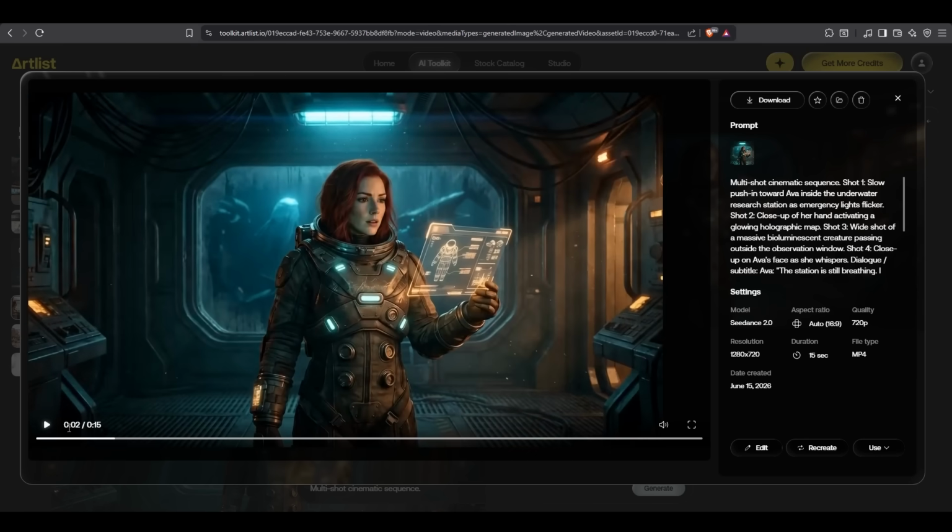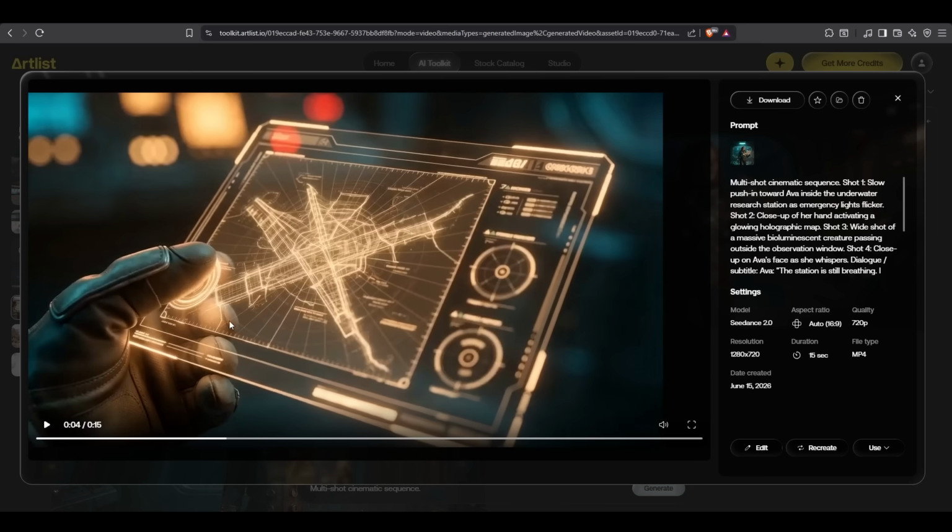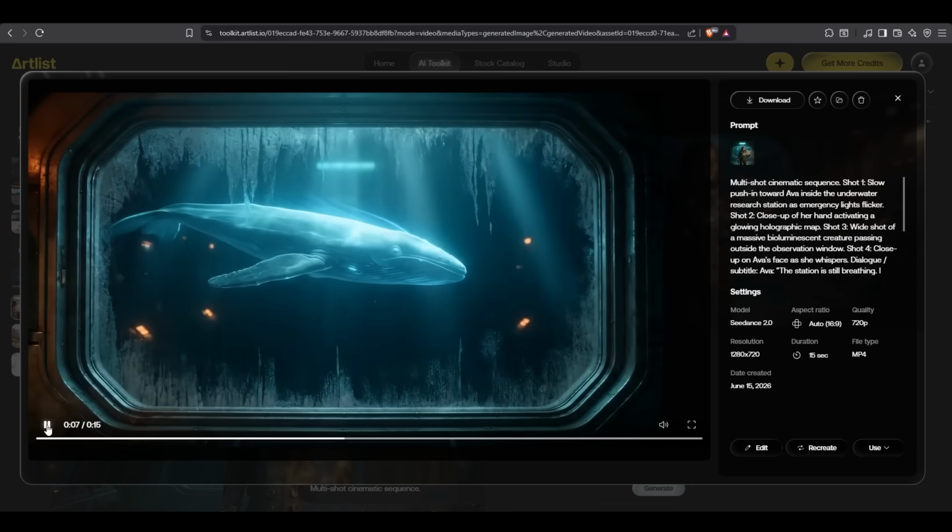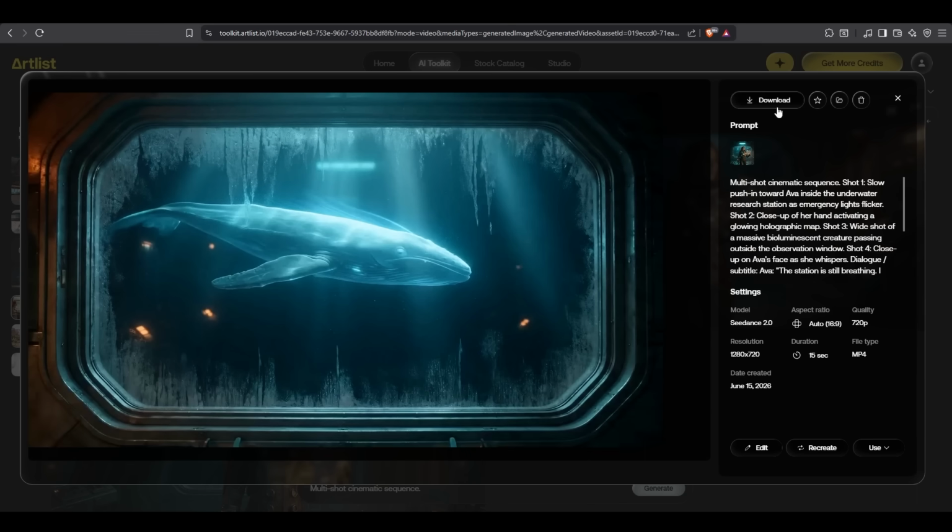This is just amazing. The multi-shot scene, each shot cinematic, high quality, no deformation. Exactly what we wanted with the holographic, a nice whale with fitting sound effects, a whale sound effect here. Artlist is just awesome here. We can now download it, further edit it, recreate it, or use it for a further production like a lip